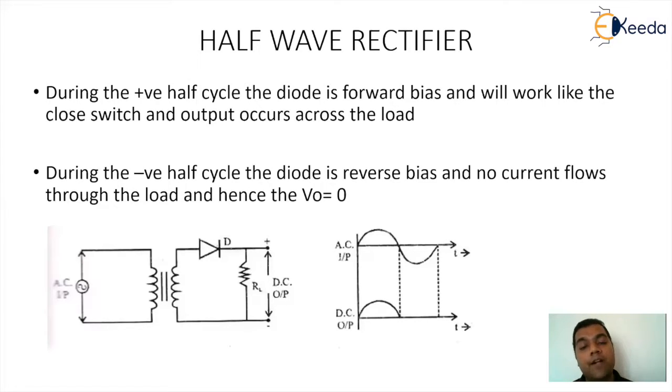So what has happened here? The impact is we are actually preserving the positive half cycles and the negative cycles are getting eliminated. You can say that this effect is as good as a clipper circuitry, because in the clipper we have already studied the negative clipper where the negative half cycles are getting eliminated. So under half wave rectification, only one of the cycles is going to get preserved and the other cycle will get eliminated.